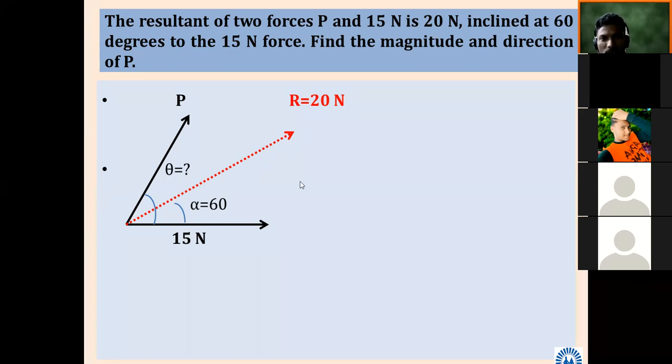So if there are many forces in a system, we are converting them into one. Here two forces are converted into one, that is 20 Newton. In our mechanics language, the way we are splitting the forces, one force we have split or resolved into X and Y components. Then, the most important thing, the summation of all X components in a system is equal to the X component of the resultant. This thing we have to remember.